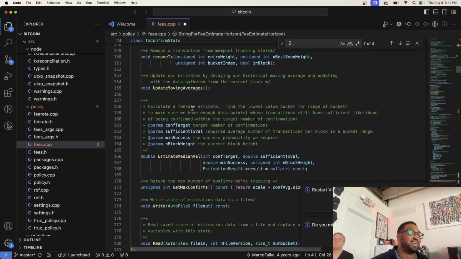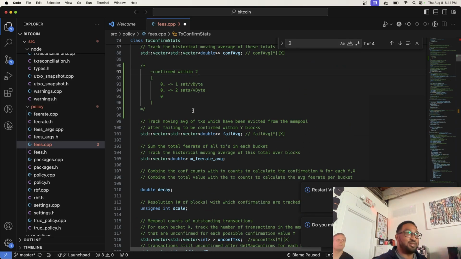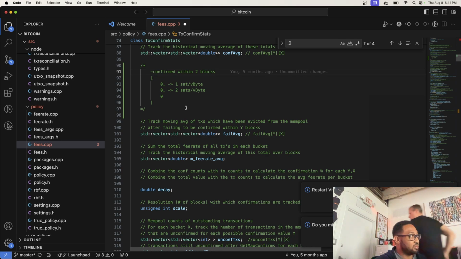So you're looking back a certain number of blocks, 2 in this case, right? And all the transactions that happened within that range of time, you're saying this percentage of them has this weight, and this percentage has this weight. Yeah, I'm counting them in that way. That's the concept, a histogram of the weight of transactions. You're taking a histogram of the sizes of the transactions for a fixed amount of time in blocks. Yeah, perfect.